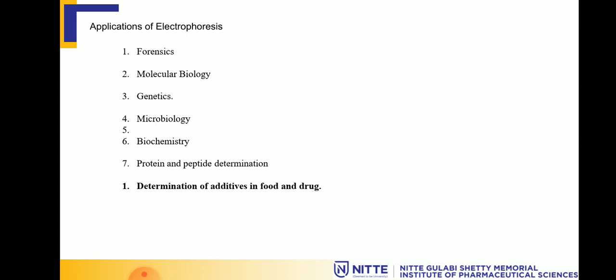So let us see about the application now. Overall, it is used in forensics, generally for DNA fingerprinting of criminals. It is also used in molecular biology, generally for finding out the size of the DNA and RNA of an organism. It is also used in genetics, which gives you a clear picture to help you prepare DNA probing and genetic coding, right? And in microbiology, it is used to differentiate the size of viruses based on the presence of genetic material in them, or depending upon the difference of protein and RNA in them.